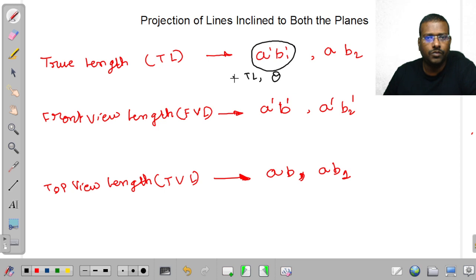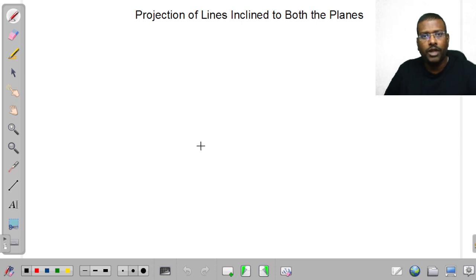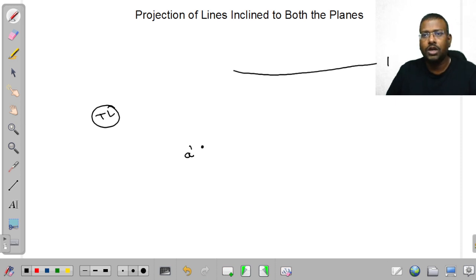This is one combination. For one only I am going to explain; for the remaining things you think about it again. Another combination is that you have to know the true length. You should know the position of A dash and the locus of B dash. Sir, in this case how can we get it? Very simple, my dear friends. We know A dash. We know the true length is some value, but if you know the locus of B dash,